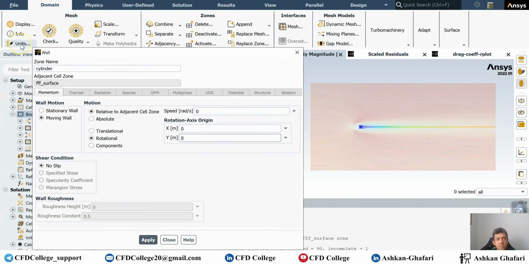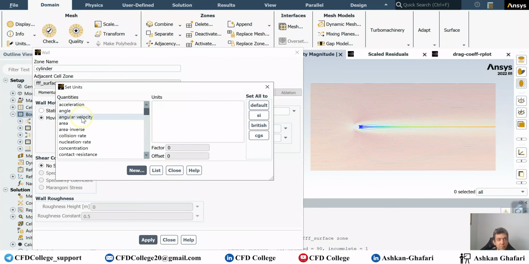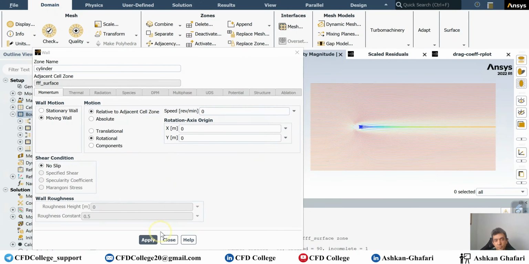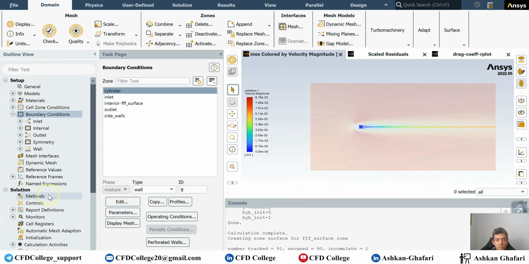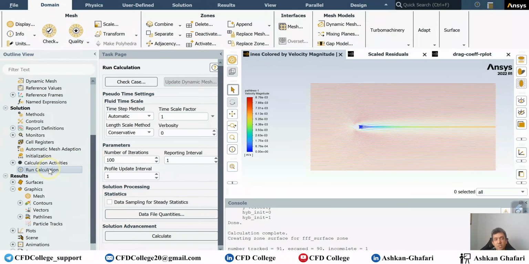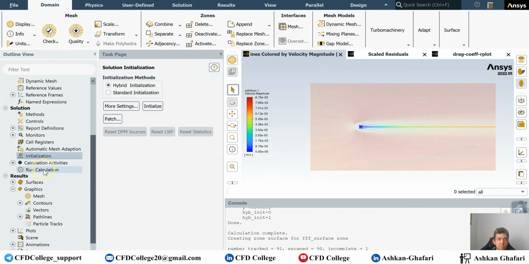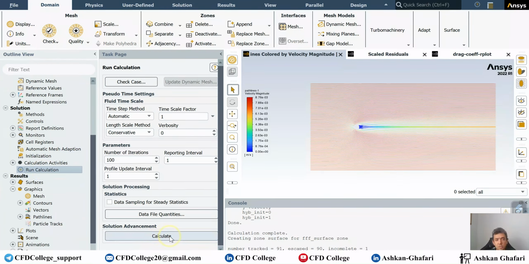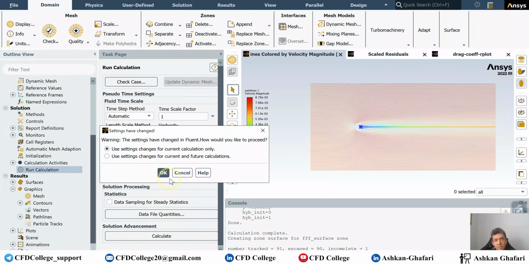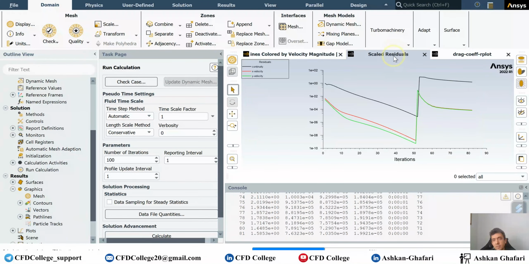But there is another way. Click on units, find angular velocity, and modify the unit from radians per second to revolution per minute. And that's okay. Click on close. See, the unit has changed. So it's 100 RPM. Apply, close, go to run calculation. You can do the initialization again, but it doesn't matter. You can neglect it. So click on calculate again, check